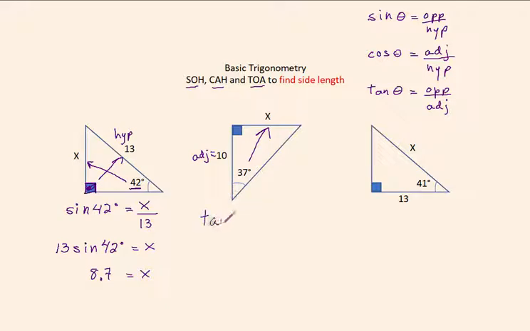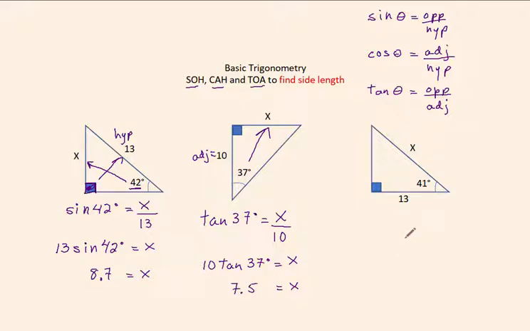So the tan of my angle of 37 degrees will be equal to the value of my opposite side, which is the side I'm looking for, so I'll put an X here, divided by the length of my adjacent side of 10. So again, algebraically, all I'm going to do is multiply 10 on both sides of my equal sign. So I'm going to end up with 10 times the tan of 37 degrees. That will be my X. And when I punch these numbers in my calculator, I reach